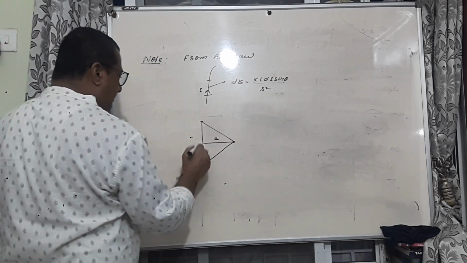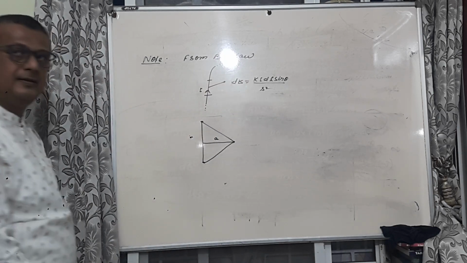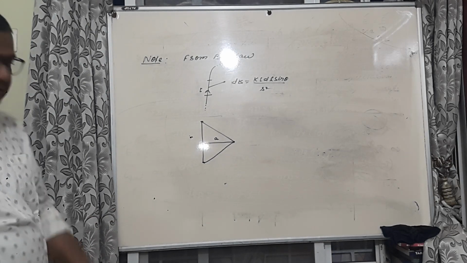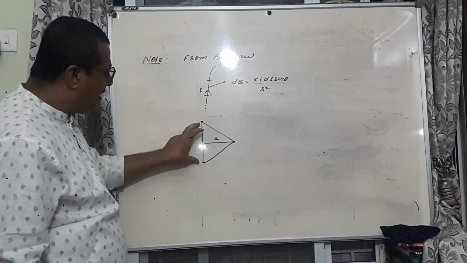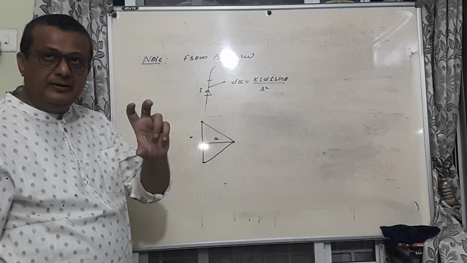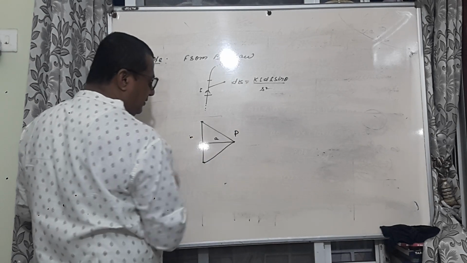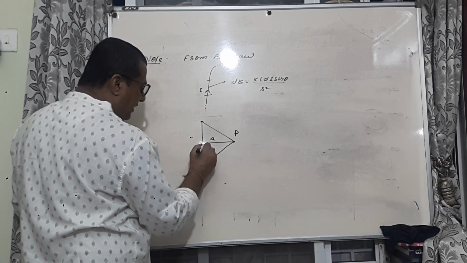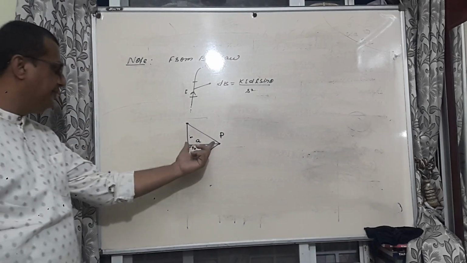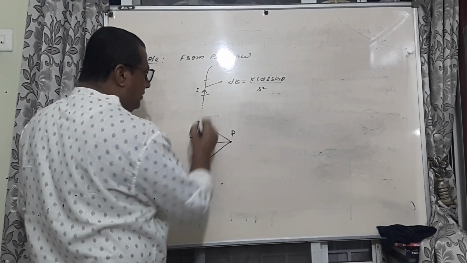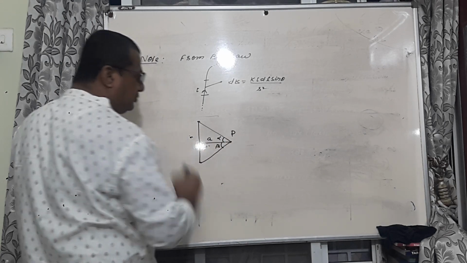Same thing is there, but this wire is finite. Here it was not finite; that was simply a straight wire, so the concept was not confined. Here this concept is confined. If the wire is very short, limited, meaning it is a finite wire, and we have to find the magnetic field at this position, at a distance A, and this distance makes 90 degrees with the wire, the position vector making 90 degrees with the wire, then what will happen? Suppose this angle is alpha and this angle is beta.